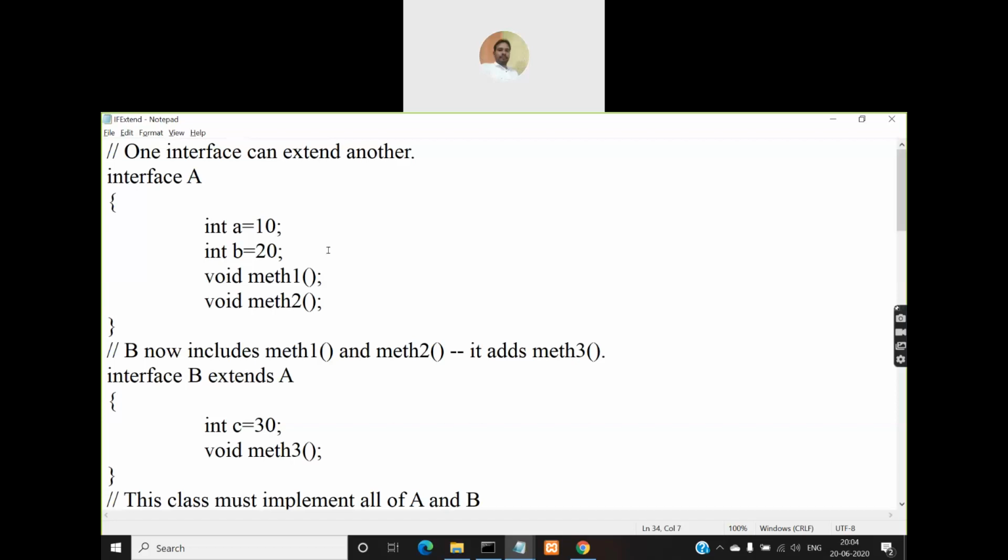You cannot use it with interfaces because interfaces do not have instance variables, they just have final variables, and interfaces do not have any constructors, so you cannot use the super keyword to invoke a constructor. Interfaces do not even have the constructor itself, so how can you use a super keyword to call the constructor? So there is no chance. And method overriding cannot be done, just like hidden variables. So if you want, I'll show you that one also.